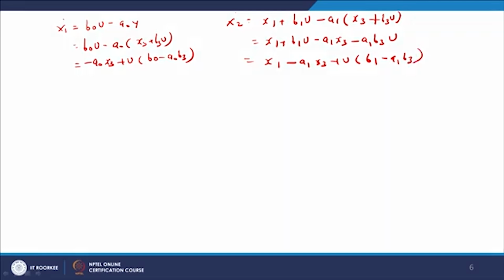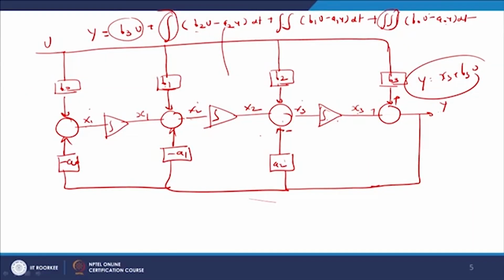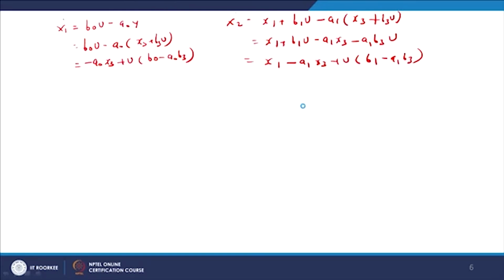So we got the equations of x1 dot as well as x2 dot. Now coming to the equation for x3 dot. We will see that x3 dot equals b2 into u, plus x2 minus a2 into y. So we write the equation for x3 dot as x2 plus b2 into u